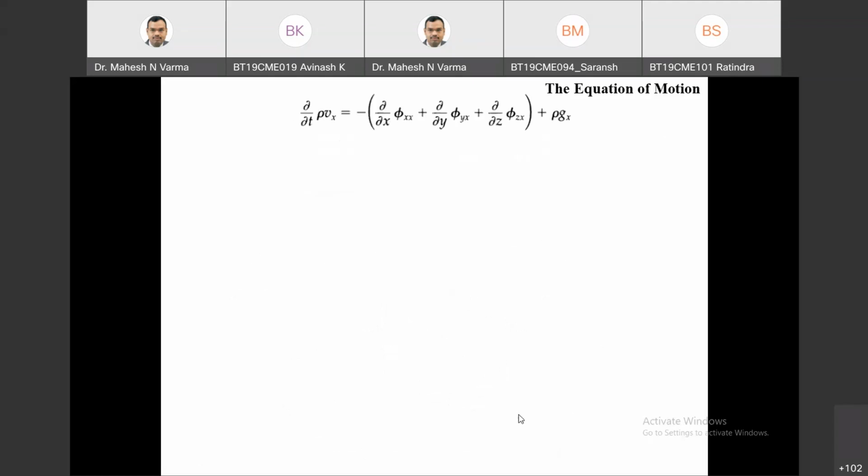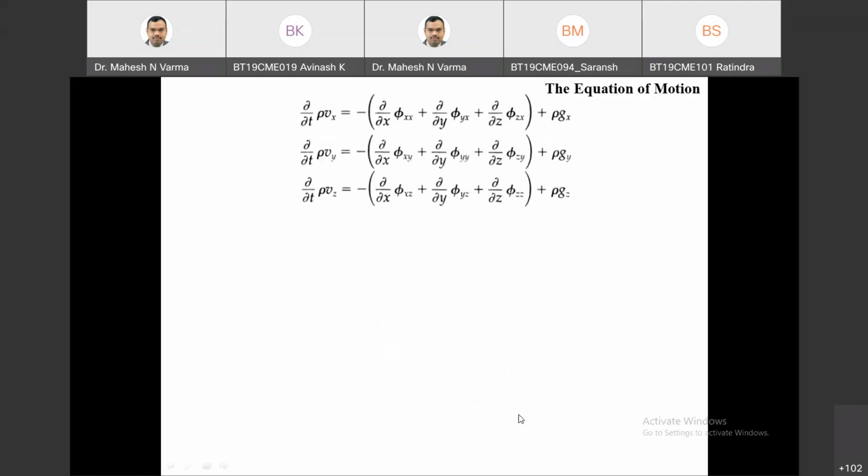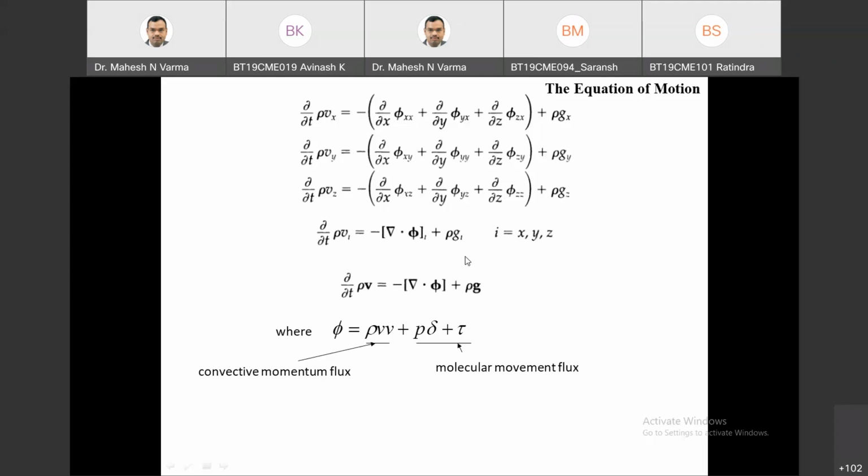Similarly, we will get the shell balance for y momentum and z momentum, and in compact mathematical form, this will be the divergence of total momentum flux plus rho into the gravitational force in that direction. So i can vary from x, y, z or r, theta, phi, and accordingly you can get the equation for cylindrical coordinates. This is again a generalized equation. Substituting the definition of total flux, which consists of convective flux plus molecular momentum flux,